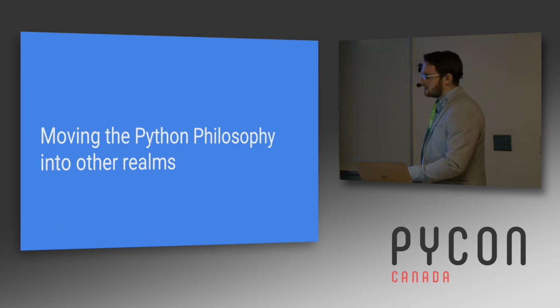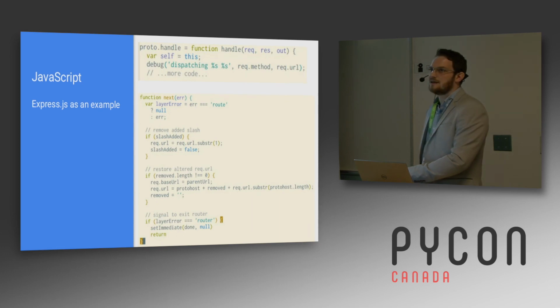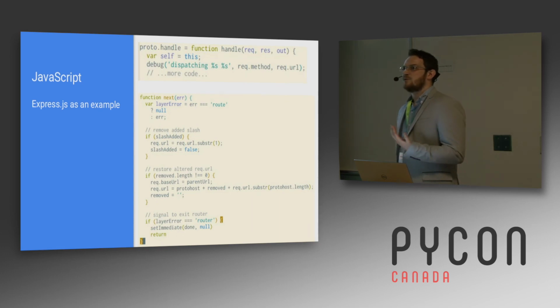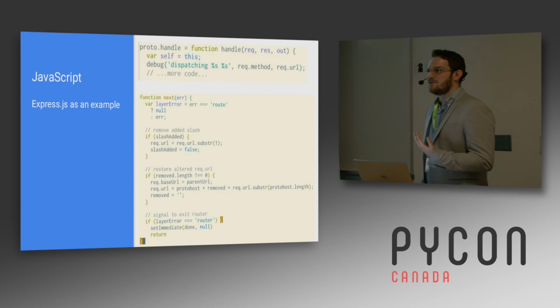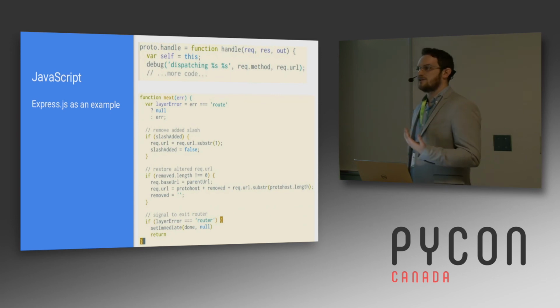So I'm going to walk through a few examples of JavaScript. Not everybody can work with Python every day. I haven't worked with Python daily for quite a few years, but I still do a little bit of script writing here and there. I've worked more with JavaScript and Ruby now, but this is an example from Express.js, which is a web framework,